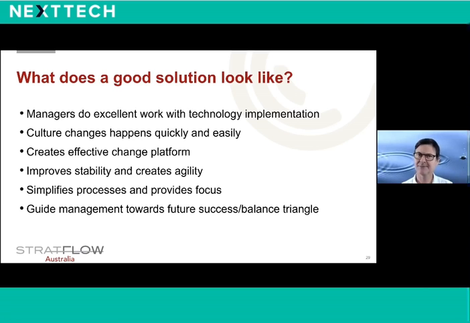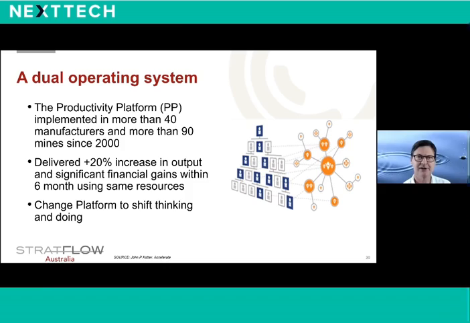Solutions support this by creating an effective change platform from where bottom-up initiatives can launch at low risk. It should deliver stability to free up management and employee attention, which we need to deal in an agile fashion with a changing environment. And to deliver the stability, it should simplify processes and guide employees to the critical areas which require the focus at that time.